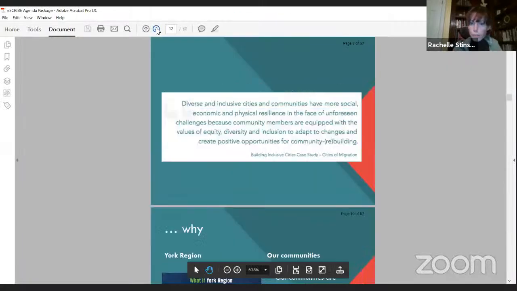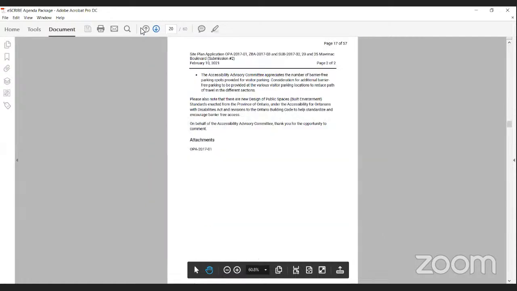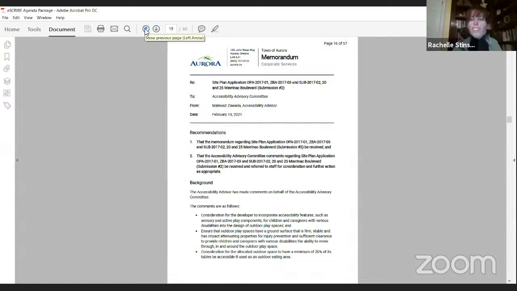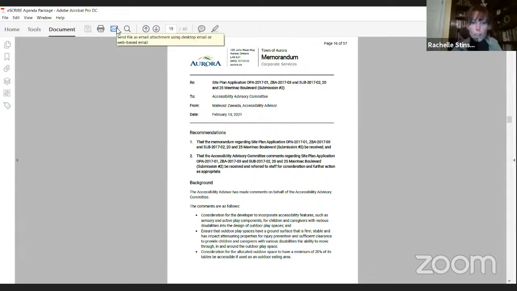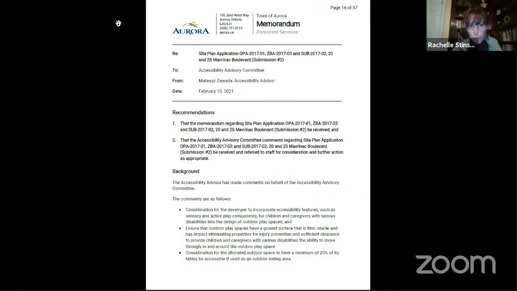Madam Chair, you'll have to ask for a vote on that motion to defer before we move on. Yes, please. Not a problem. So I'll call the vote. All in favor? Aye. Aye. Any opposed? Okay, that carries. So now we move on to 7.2, memorandum from the Accessibility Advisor regarding site plan application